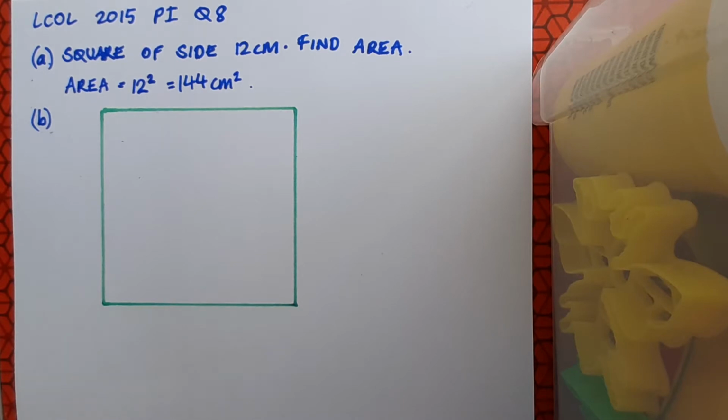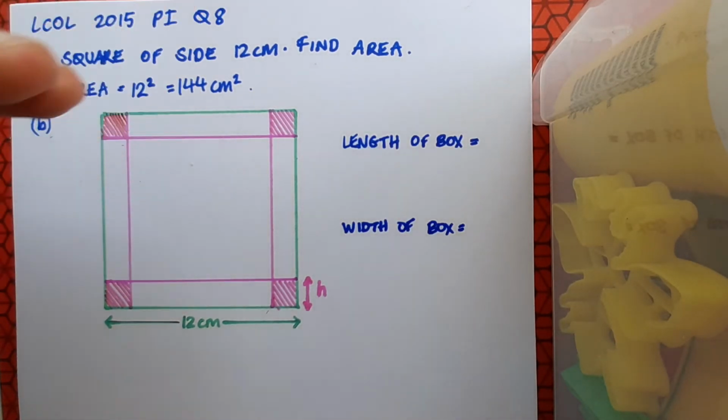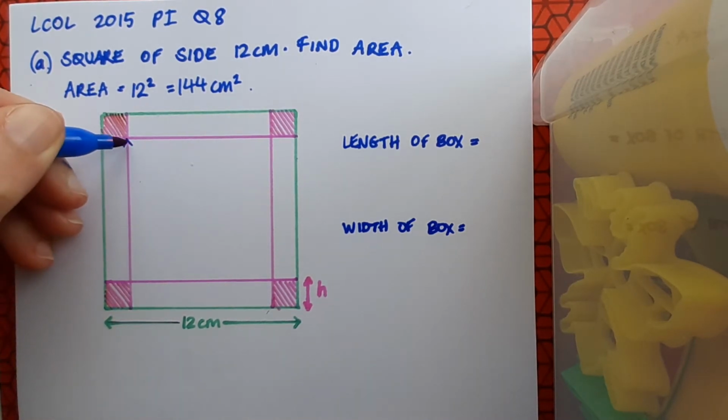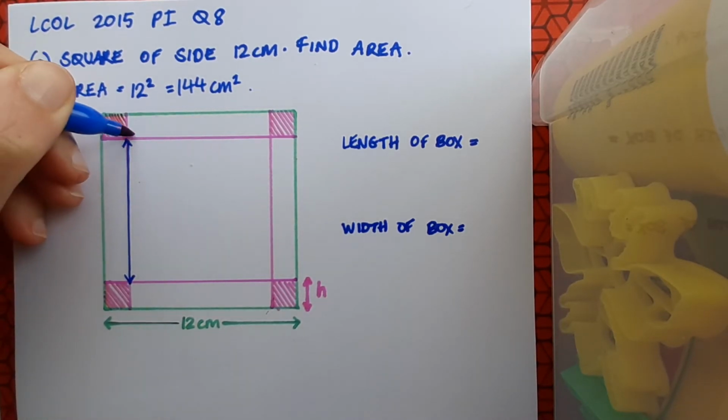In part B, we have the same square of cardboard, except that we have little squares cut out from the corners. And when we cut out these little squares, we're able to fold up the remaining material to make a box. And the question asks us to write down the length of the box and the width of the box. Now, of course, when we fold up either end of the box, the length and the width will just be these dimensions here. So this distance